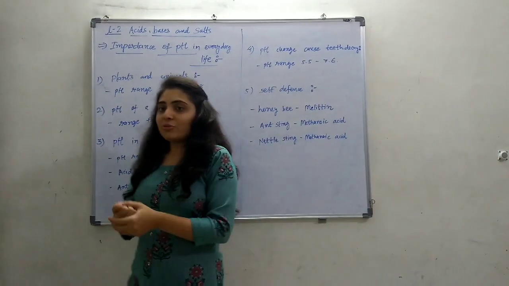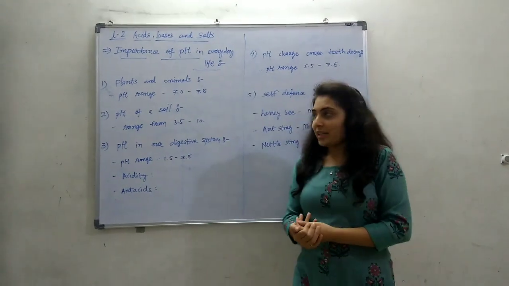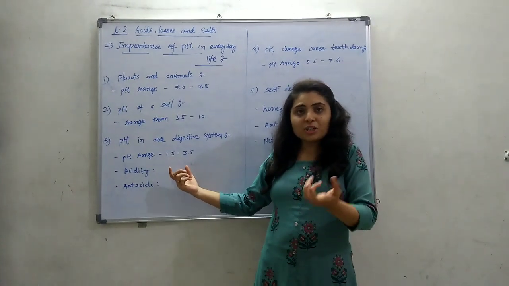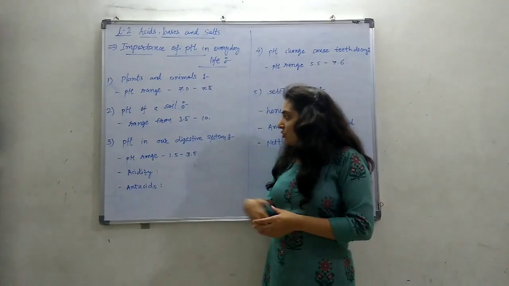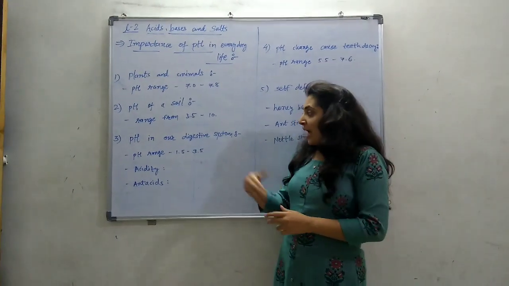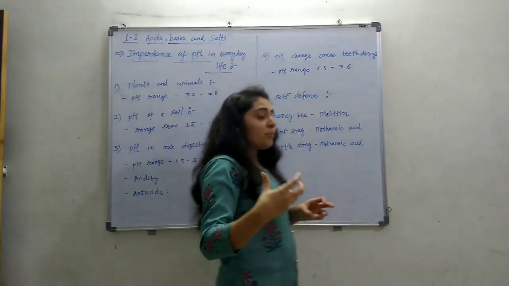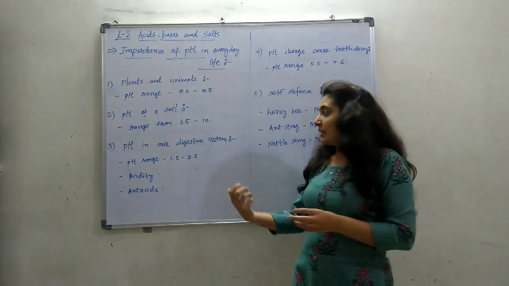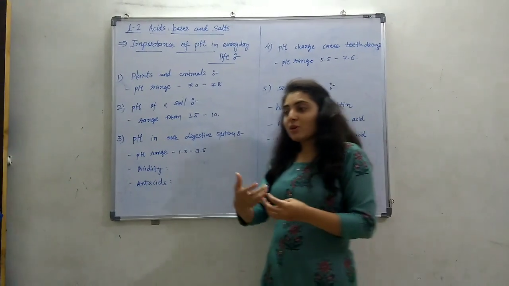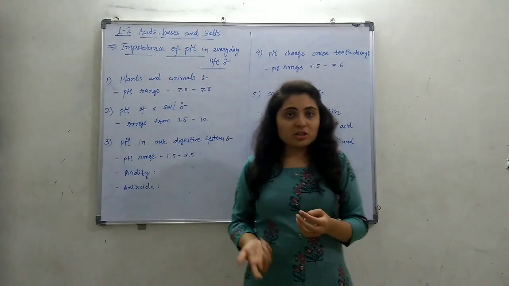In the stomach, we have hydrochloric acid, and the function of this acid we have learnt in the digestive system. This acid kills the bacteria, and the pH range of that acid in the stomach is 1.5 to 3.5. If the pH value decreases further, then it damages the stomach, right? This pH value can be decreased by overeating or indigestion in the stomach.